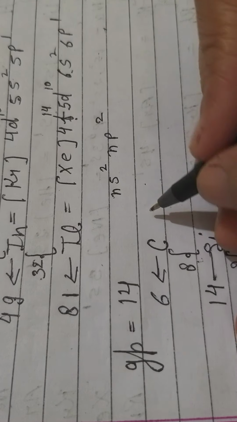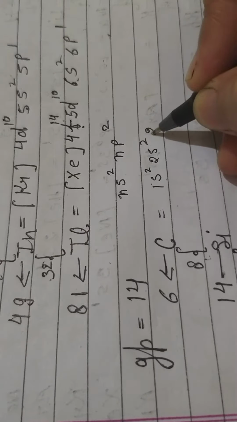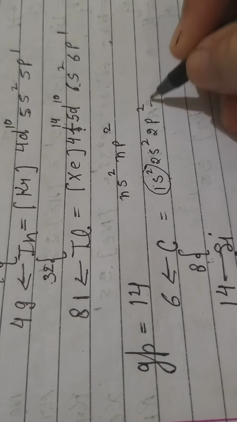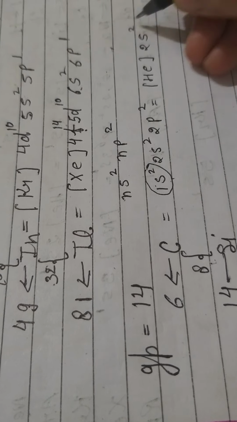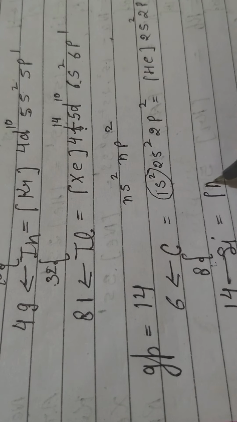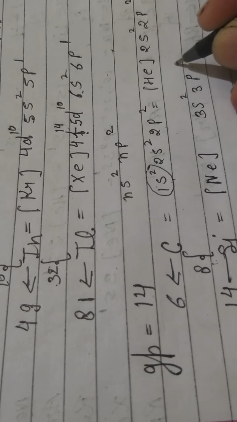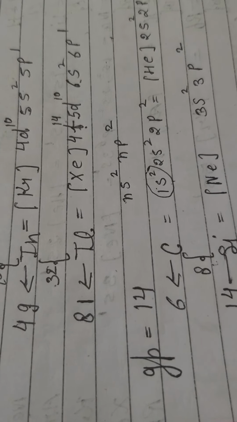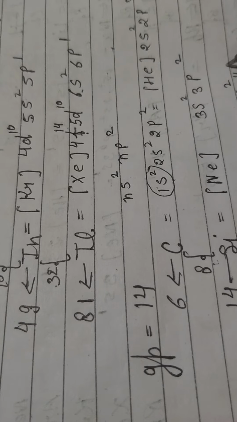Now you see for carbon what we will write: 1s2, 2s2 and then 2p2. In place of 1s2 what can we write? Helium. So in the shortest way, helium, then 2s2 and 2p2 can be written. Now after that what can we write? Neon, then 3s2 and 3p2 can be written. But now after neon what comes? Argon, and this is for 4s2 and 4p2.